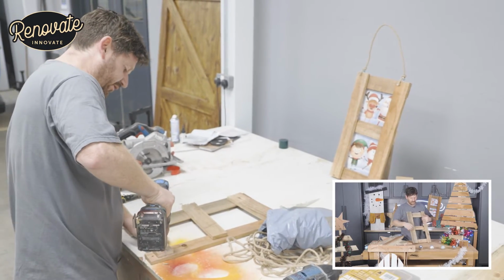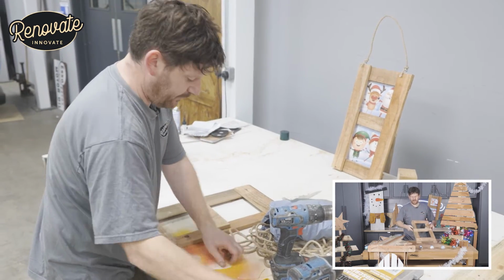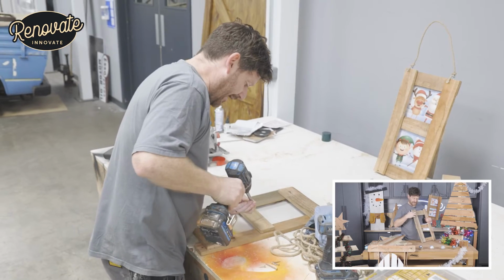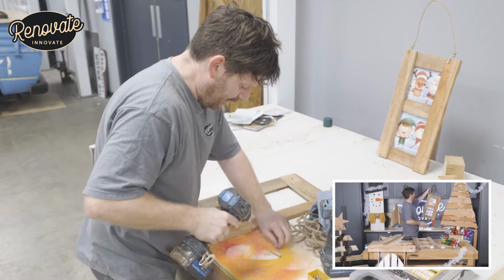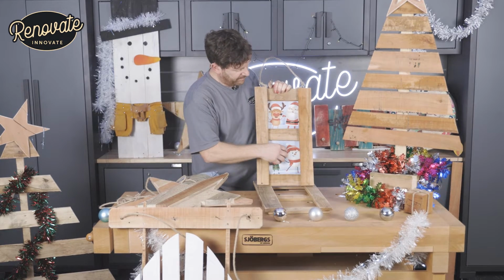Very easy to do. 2 lengths of wood, cut to length, sanded, denailed, and the 3 on the back. And all we did, we got a couple of screws in each one. Made sure the screws weren't too long to go through the 2 pieces and stick out of this side. Screw them together, very rough and ready, but the fun bit comes when we also put the hanging thing on there, and then putting whatever you want at the back of that when you hang it